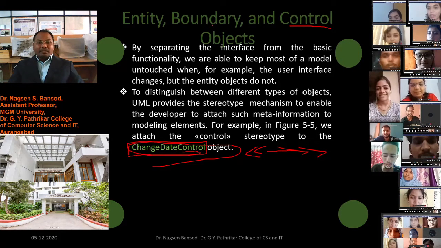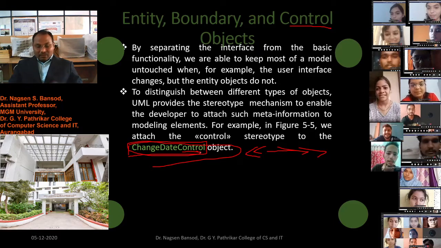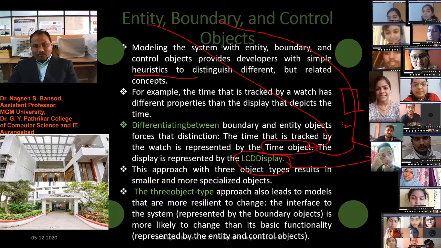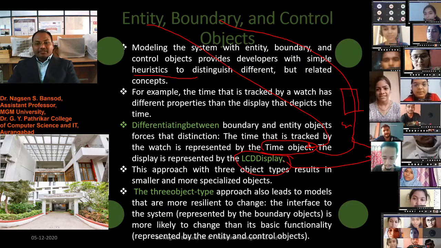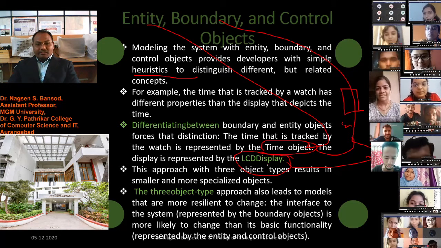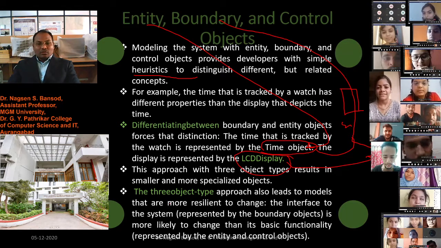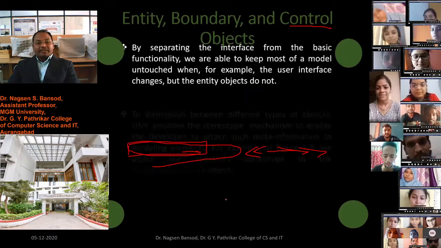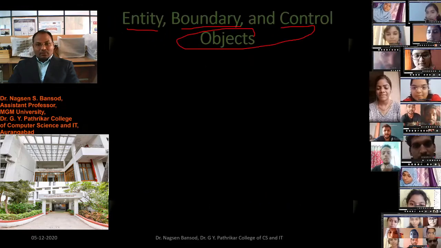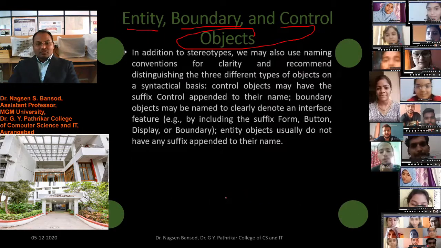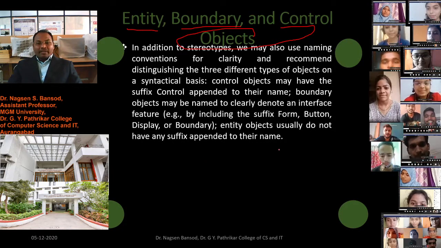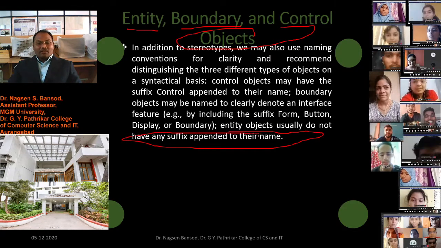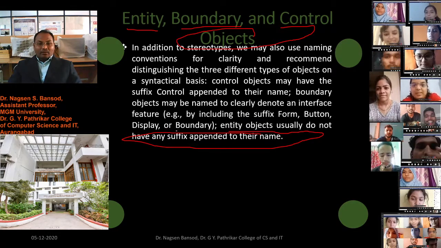Similarly, the boundary suffix is given, for example LCD display boundary, so this is a boundary object, used as a suffix to identify it. But entity objects are not given any suffix appended to their name.